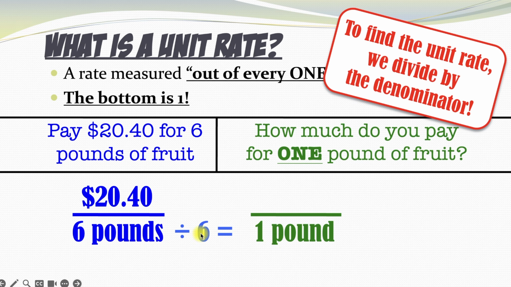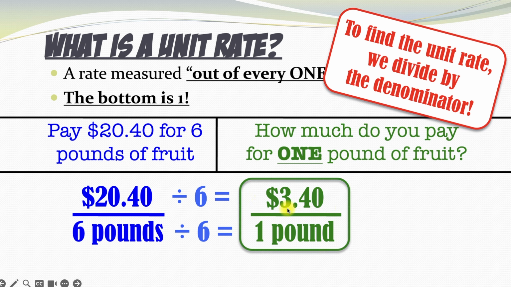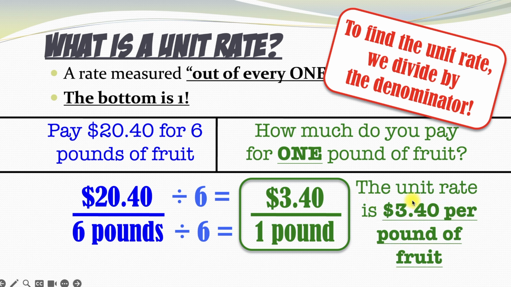Now whatever we do to the bottom of our rate, we do to the top. So we'll divide $20.40 by 6. And when we do that, we get $3.40. So this means that we'll have to pay $3.40 for every 1 pound of fruit. And if we were to say that in a sentence, we would say the unit rate is $3.40 per pound